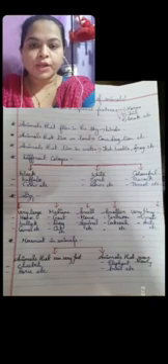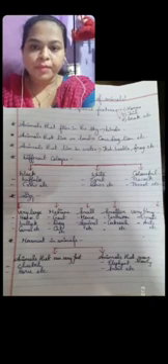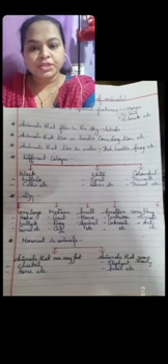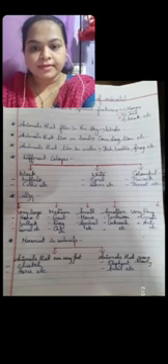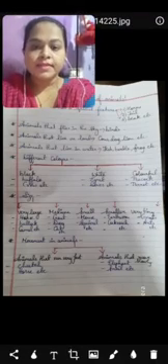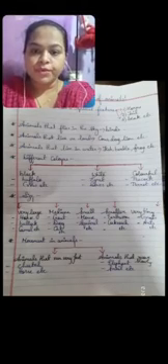So children, here we have completed the first part of lesson number 2, so many kinds of animals, in which we have studied that animals are different from each other in terms of colors, size and movements. In our next part we will be studying how these animals are useful to us.